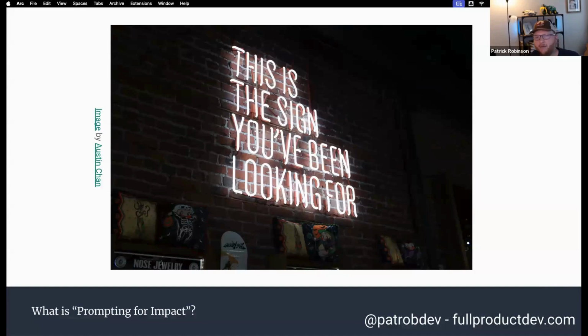tackling problems with it, I wanted to figure out what can AI do? Like what can an LLM do? What can an agent do? What can an MCP server do? What can Copilot do? And so the reason I chose the phrase prompting for impact is that I know that